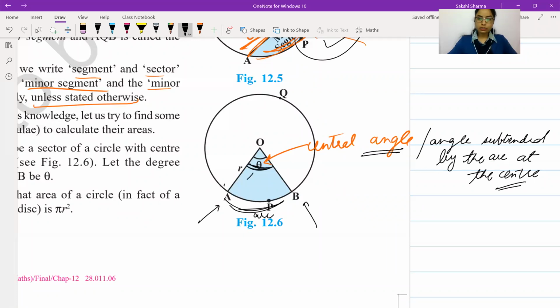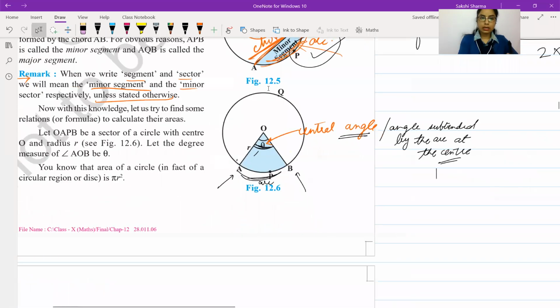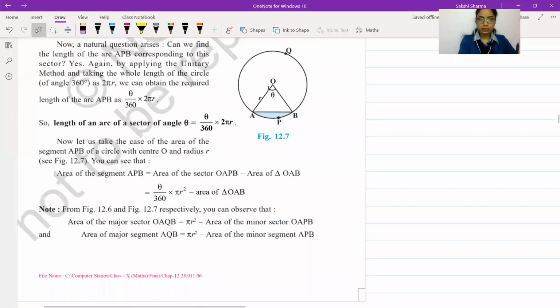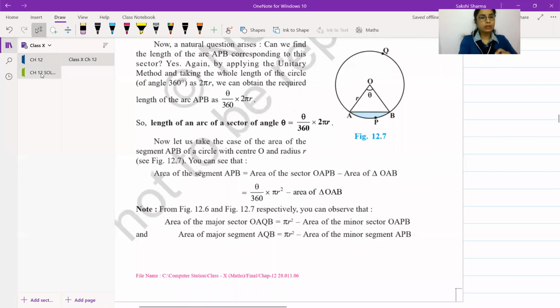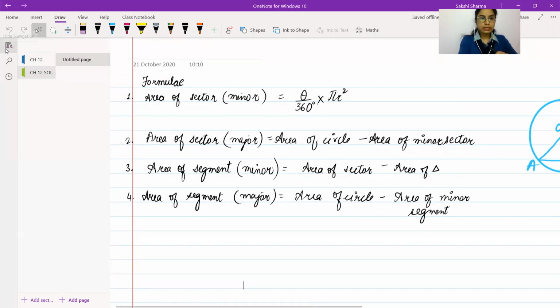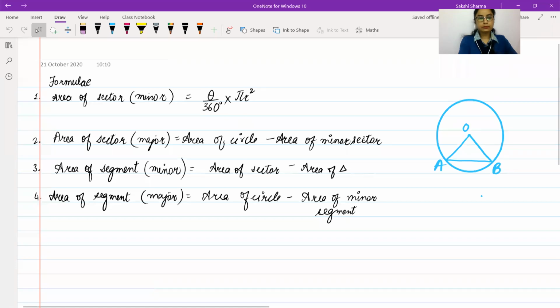This is a standard notation. Sometimes it could change depending on your question, but we will be working with theta as such. So further on the next page, they have given you the formulae for the various things. I'm going to just write down on the next page, and you can write down with me. I had started writing down actually. So this is what we have: area for sector and segment. This is to be written before exercise 12.2, or you can just write it under the heading 12.2.